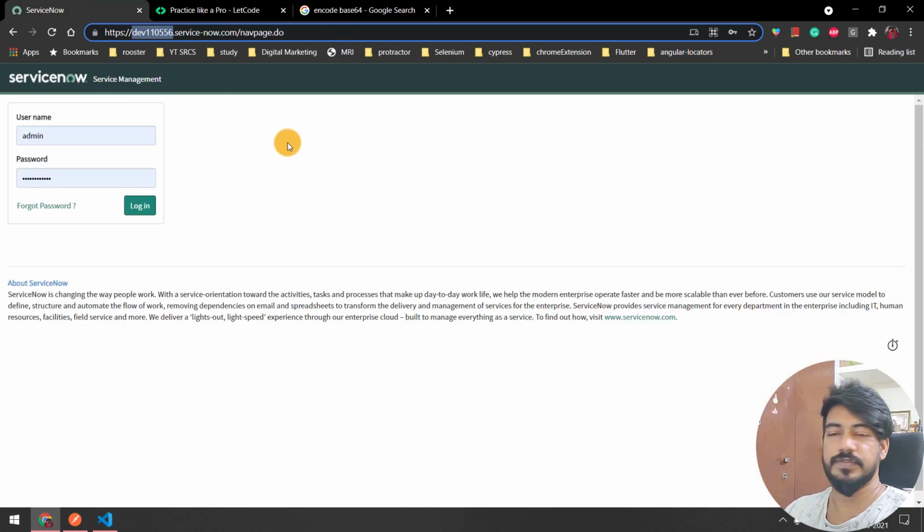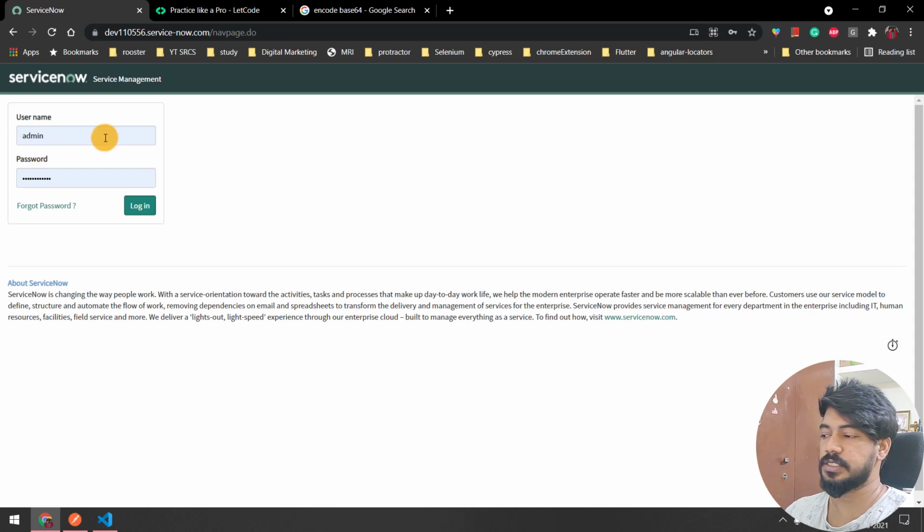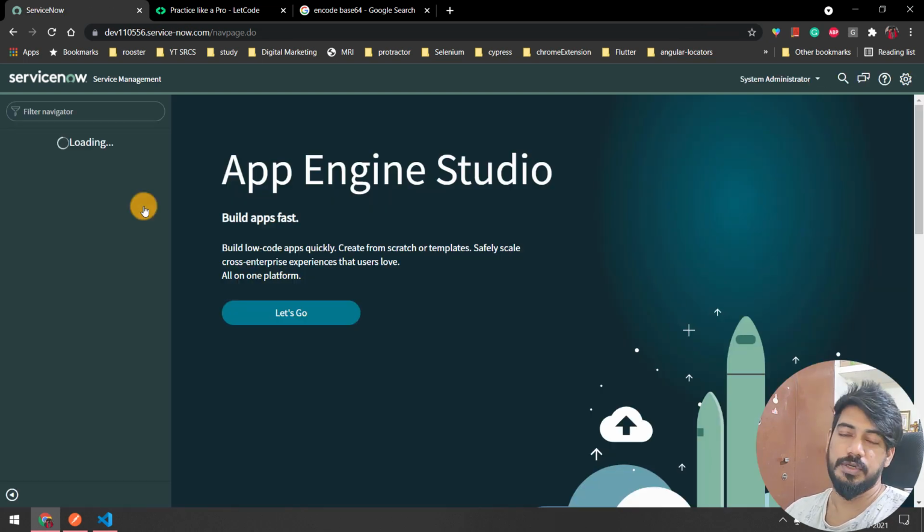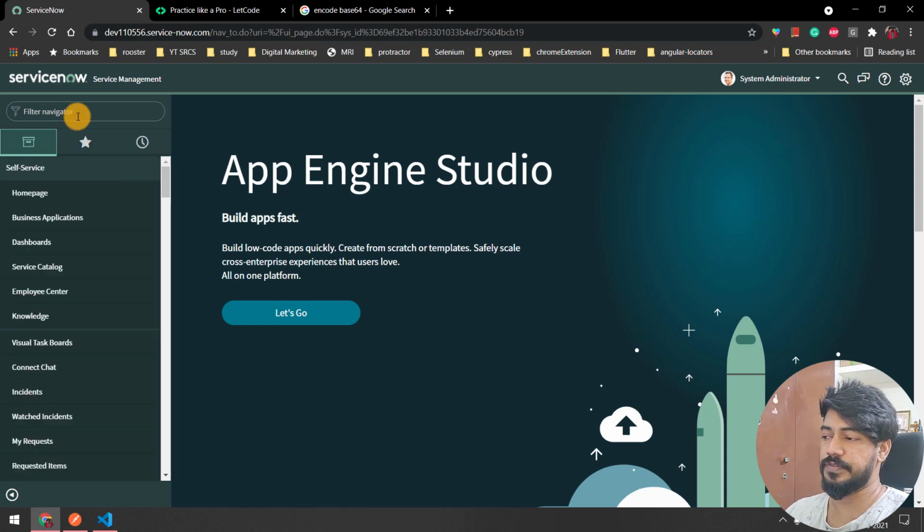Now, if I go to the ServiceNow application, to my particular instance, I can just log in with the username and the password. We are going to take a scenario. ServiceNow is basically an e-ticketing management system. In an organization, if you need some software, or if your hardware is not working, then of course you have to raise a ticket, and the admin team will get in contact and resolve the issues, right? So this is the application for that.